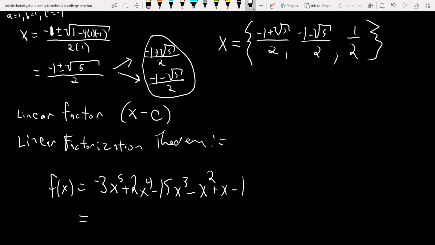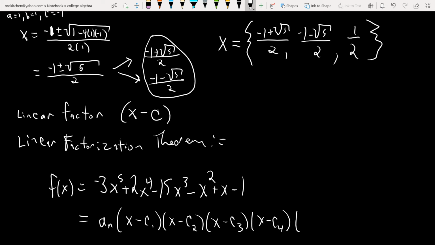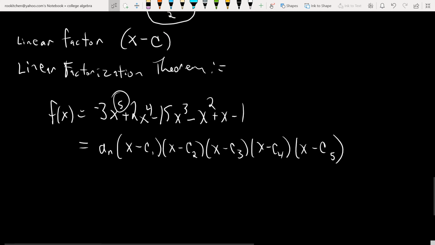You can break that down into some leading term times x minus c1 times x minus c2 times x minus c3 times x minus c4 times x minus c5. Okay. So you just look at the exponent and you can break it down into 5 linear factors,